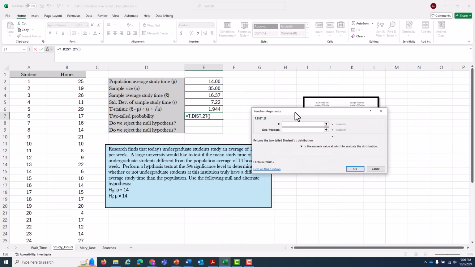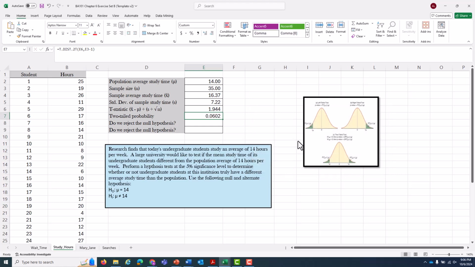And now I'm going to put my inputs in. The x is your t-statistic that you have. The degrees of freedom you have is always n minus 1. And I'm going to hit OK in this case. And I'm going to get 0.0602,